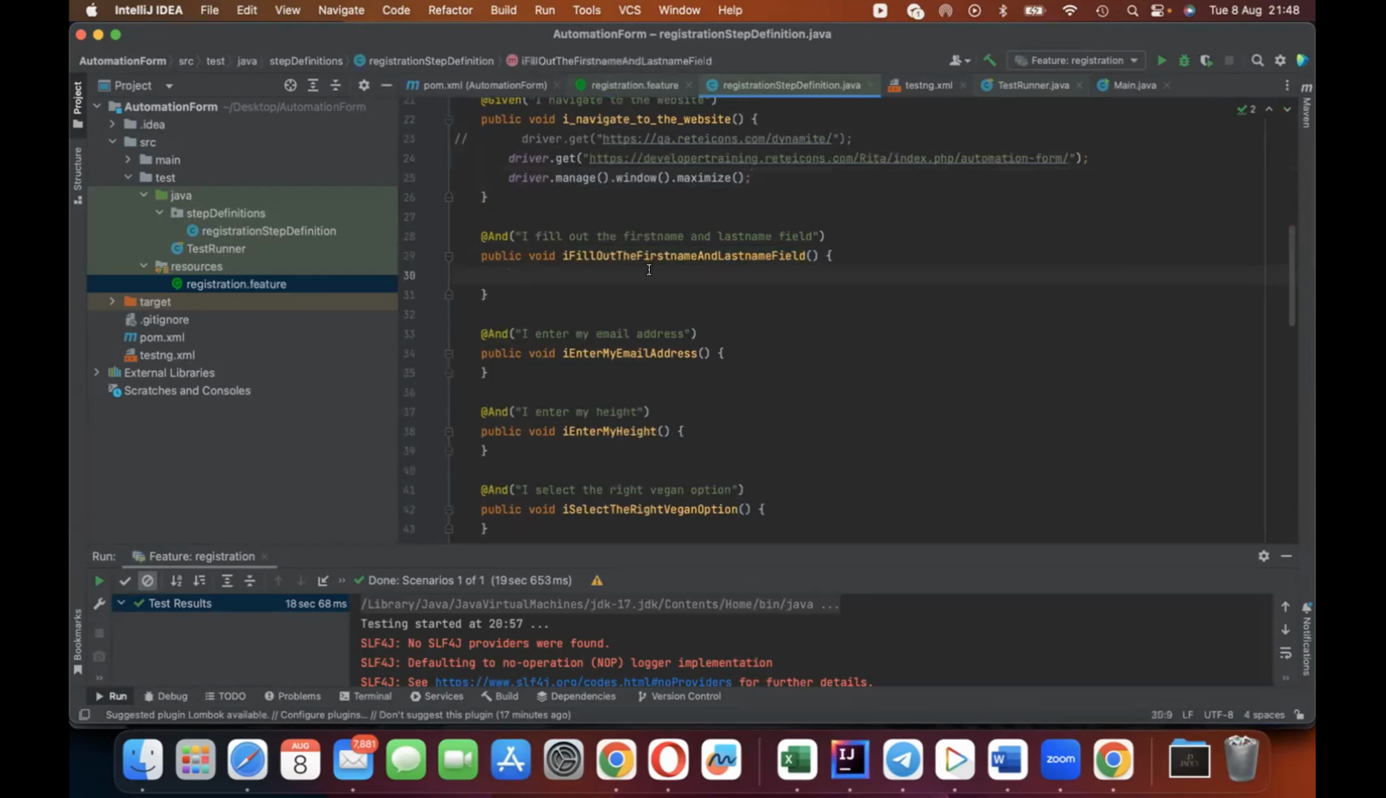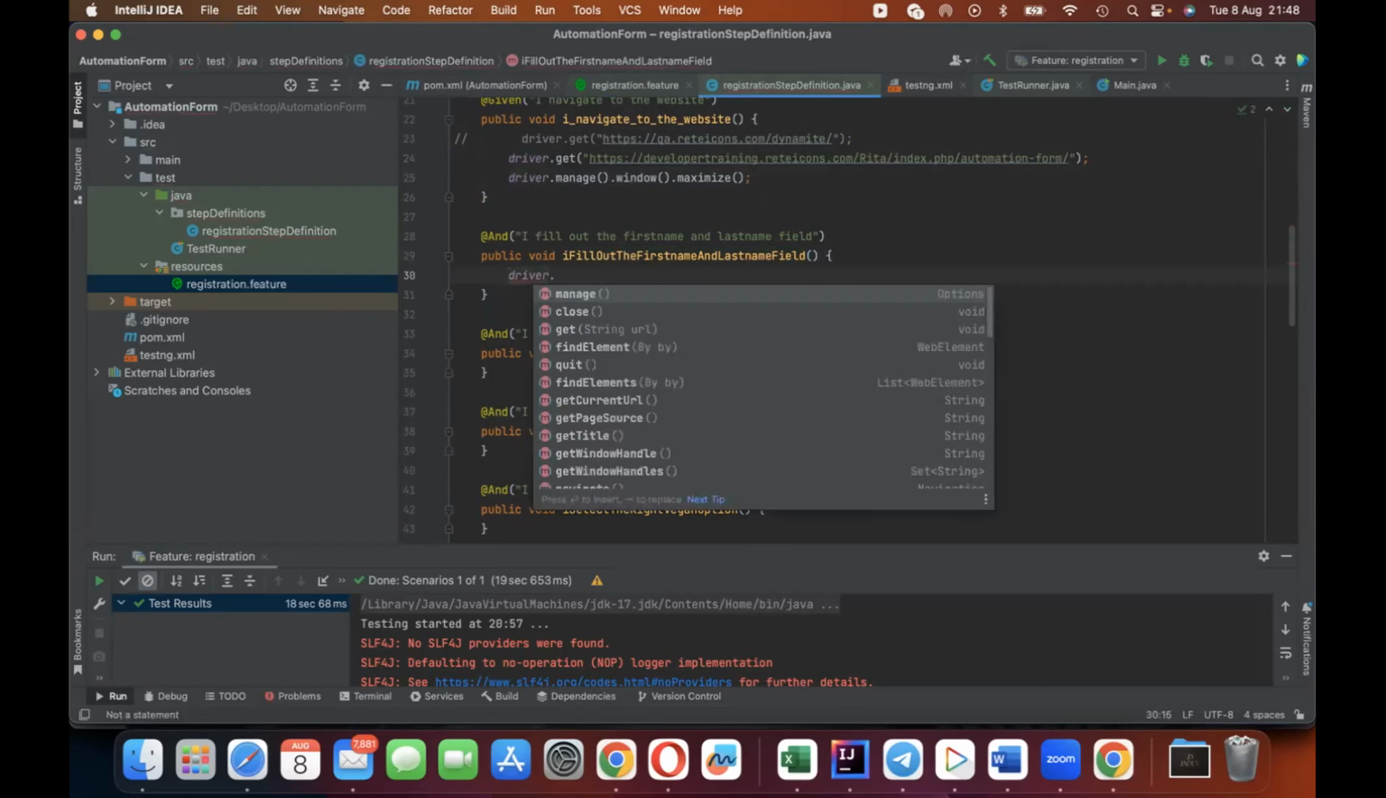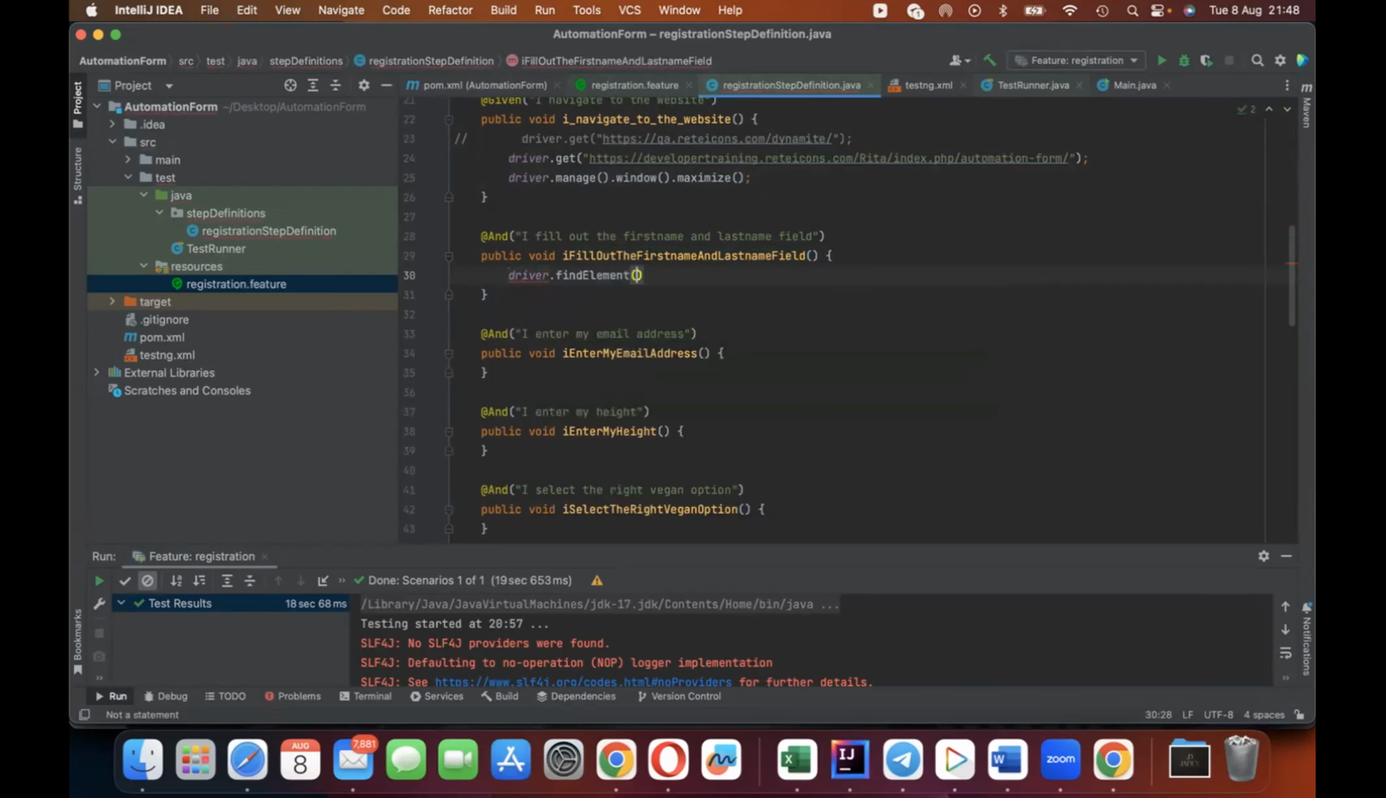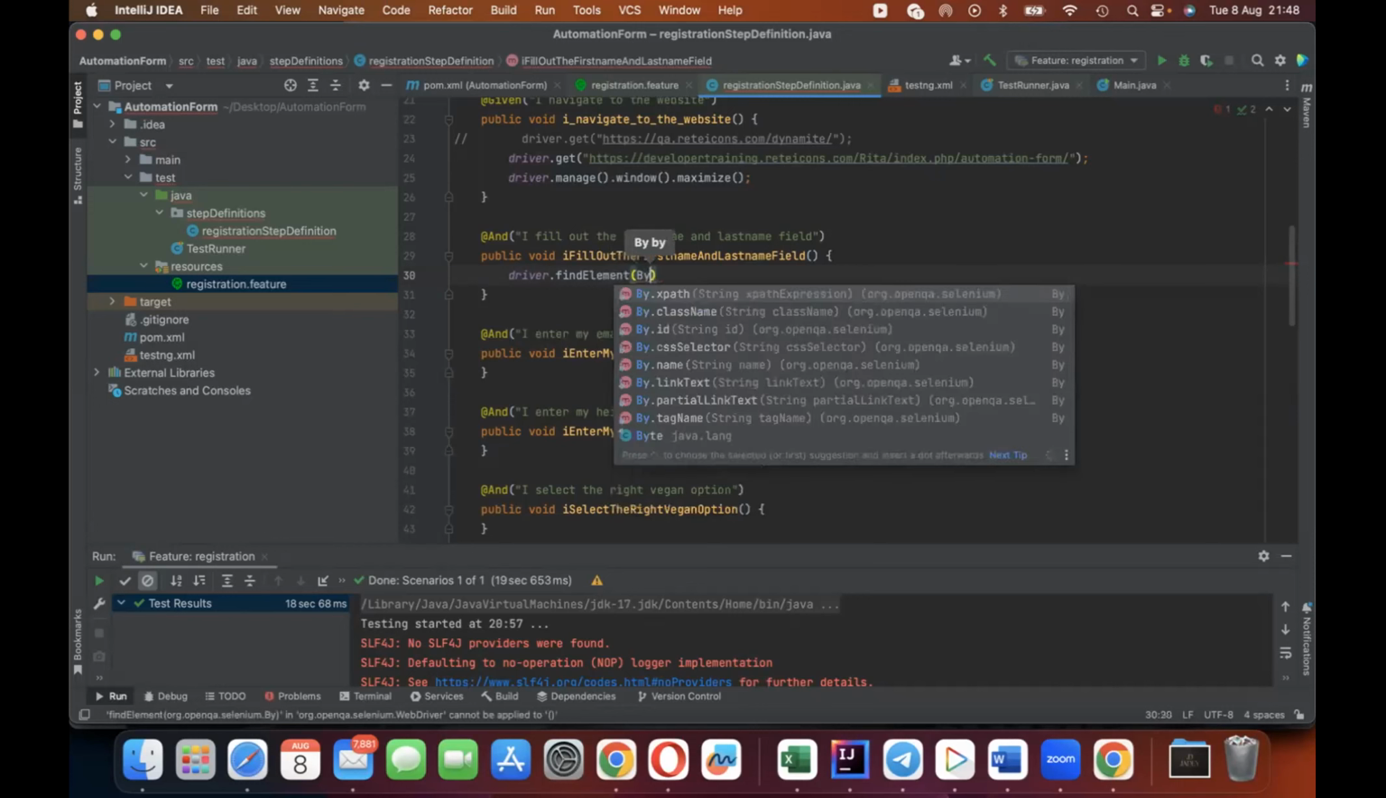So in here, I'm going to start with driver dot find elements. I'm going to go back again because people make mistakes here. Find element and find elements. Elements is when you're looking for a list of elements, but I'm looking for just one element. So I'm going to pick the element one. Find element by